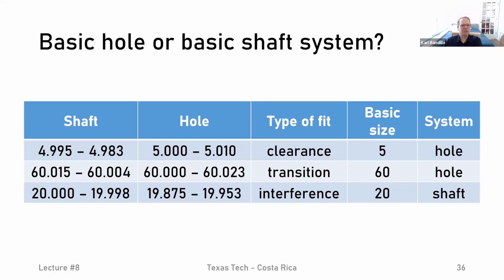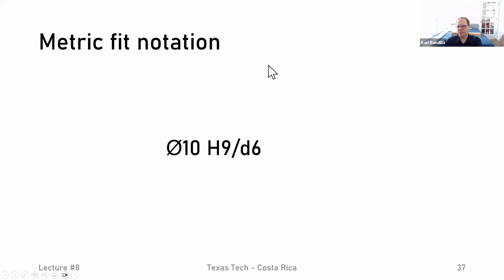All right, so now we've kind of figured out what a hole and a shaft system are and what basic systems are. So now let's look at our notation, right? Remember that for the ones that we had before, the inches one, we had like FN2 and all those different things that look pretty simple and straightforward. Now the metric one is a little more difficult to read. And so for that one, we'll get something that looks like this. Diameter 10